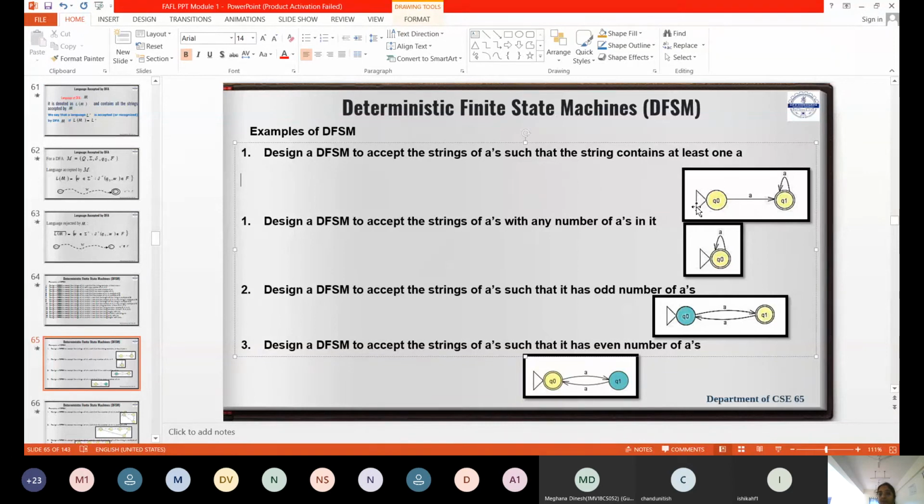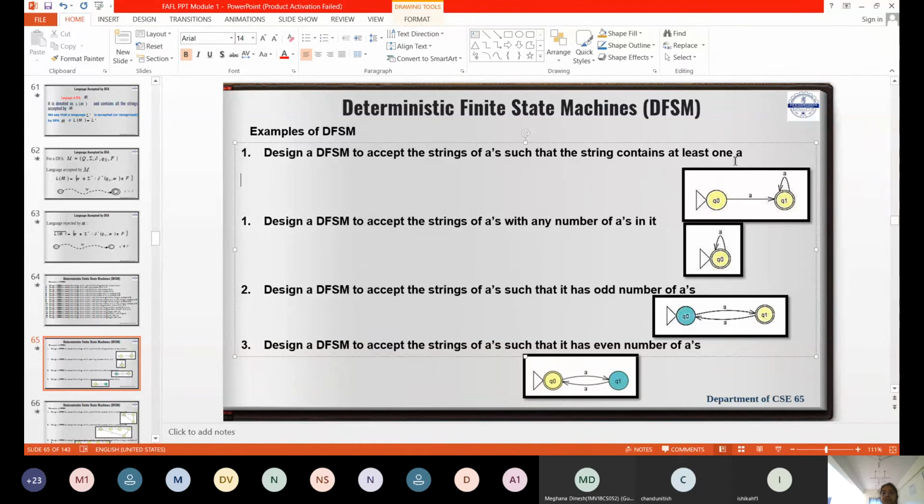So don't worry about this representation. This is a starting state. So Q naught is the starting state. I have written that only with one A, minimum at least one A should be there. Maximum, any number of A's is also a possibility. So for every state I have to provide, what is my set of inputs here? Only A. So from every state, there is a transition over A. That should not affect the logic. That is the meaning. So Q naught is here. I have provided a minimum A, so that with minimum A, at least one A, I have to accept it, right? That's why Q1 is the final state.